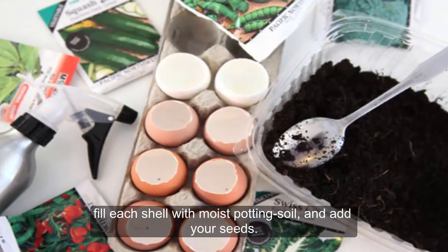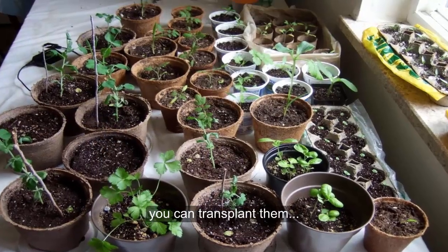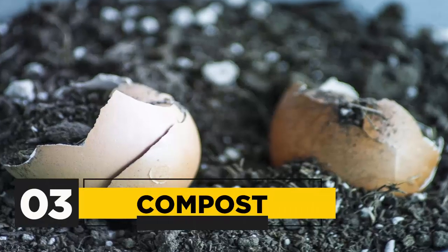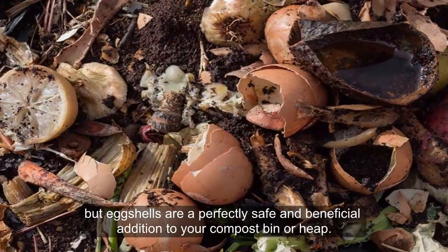Fill each shell with moist potting soil and add your seeds. Once the seedlings outgrow their pots, you can transplant them, shell and all, directly into bigger pots or out into the garden. 3. Compost. There is much debate about adding eggshells to compost, but eggshells are a perfectly safe and